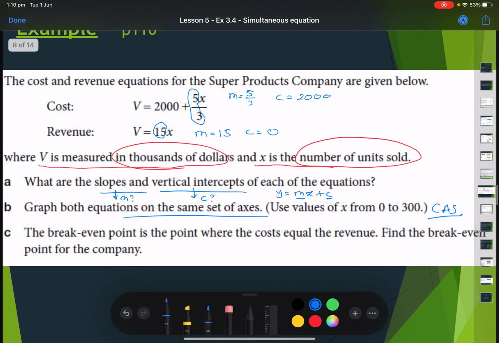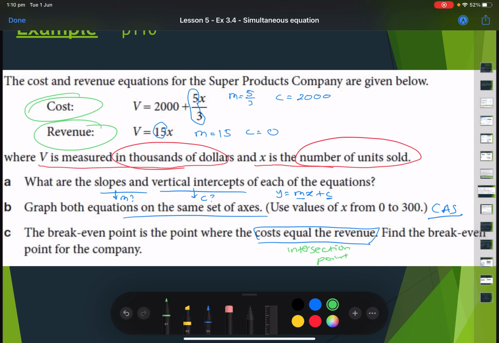And then we have been told the break-even point is the point where the cost equals the revenue. So basically, where this first equation equals this second equation. So we are basically finding the intersection point, okay. So you can use those